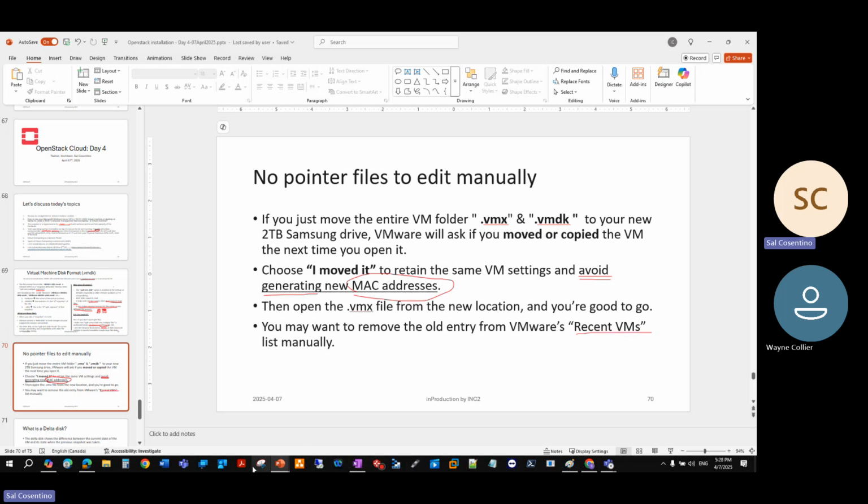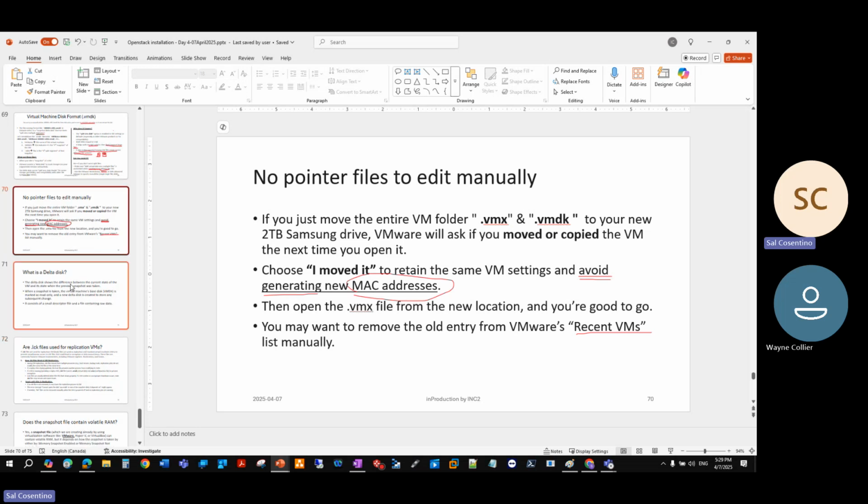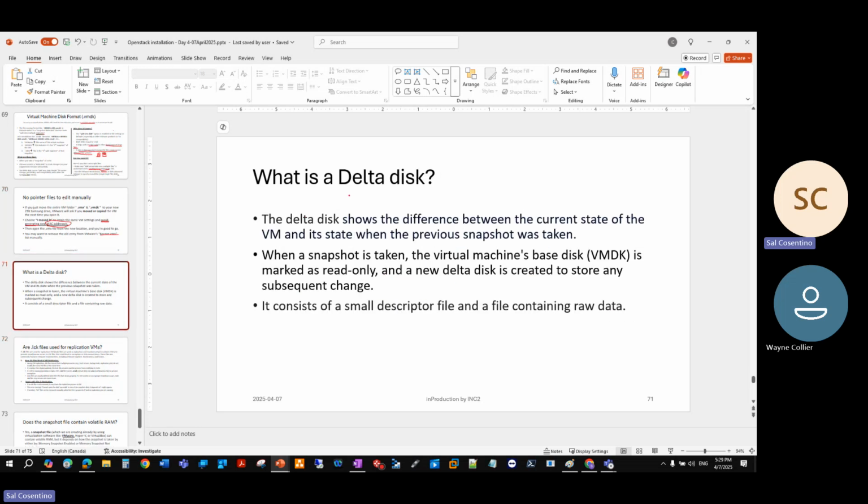Again, if you wanted to remove the old entry from the recent VMs list, when we open up our Workstation Pro, right? There's an option there in the library where you can remove recent VMs, and you can just remove that there. You also hear the word Delta disk, which is another important topic,